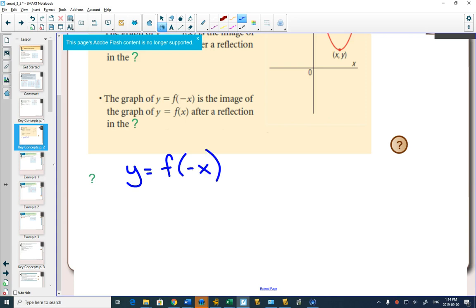So what we're going to look at in section 3.2 is what effect a negative has on a graph. So far we've looked at stuff affecting things by moving it left or right, or moving it up or down. Now, what would happen in function notation if you added a negative inside the function? So what we're going to say is,